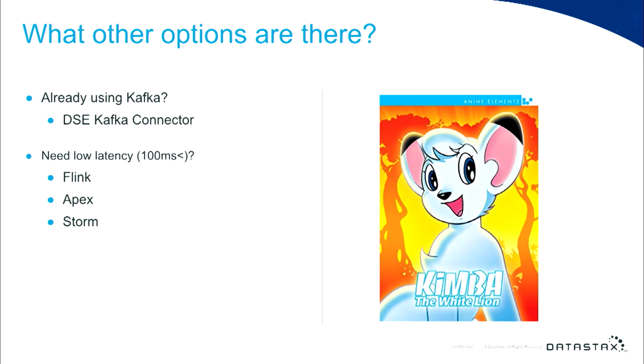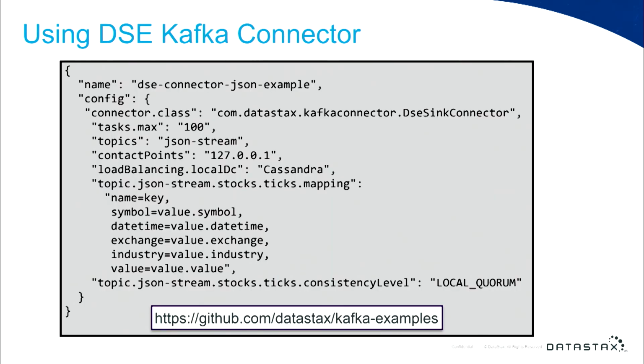So what other options do you have? If you're using Kafka and you want to connect it to Cassandra, we have a Kafka connector. So Confluent has an idea of connectors, which allow you to do very simple making data from your Kafka queue go into a database, and we provide one for Cassandra. And if you're looking for per event, per tuple-based streaming right now, take a look at Flink or Apex or Storm. Those are all streaming first frameworks that started out with a tuple-based model, so you can get that low latency if that's really important for you.